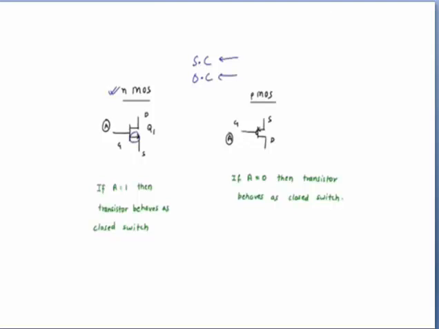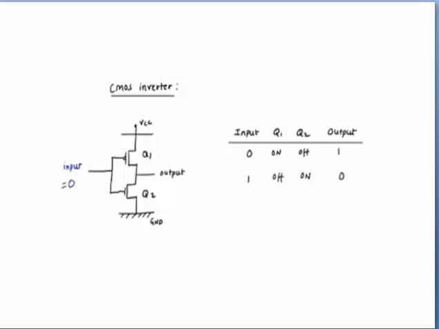Next is the working of CMOS. Now we will understand the working of the CMOS inverter. In this slide, if you know the logic of PMOS and NMOS, at the upper side we have the PMOS, as the bubble is present, and at the lower side, the pull-down, we have the NMOS transistor.